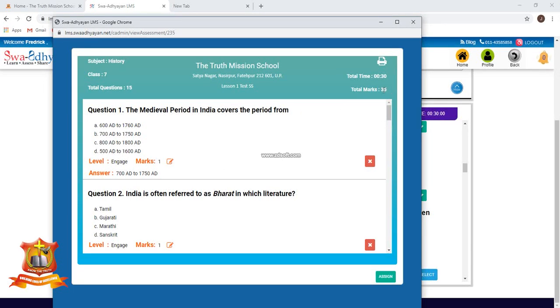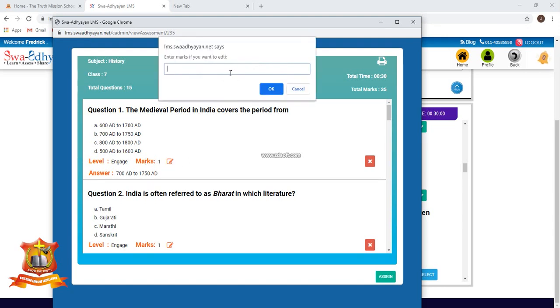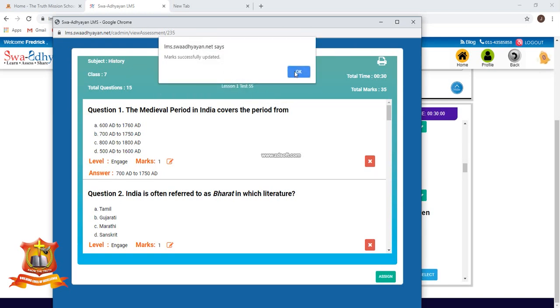35 marks are there. I need to reduce it to 25 marks. This engage question is easy, not that hard, so I'm going to give it 0.5 marks. When I click this pencil to edit, this will appear and I write 0.5. Then again you need to click OK.